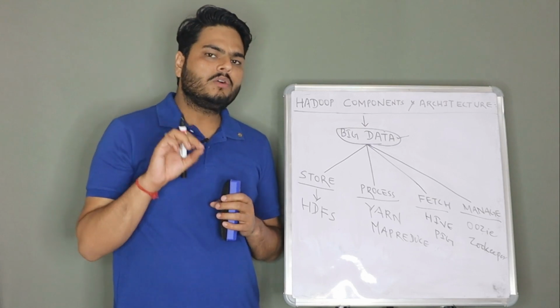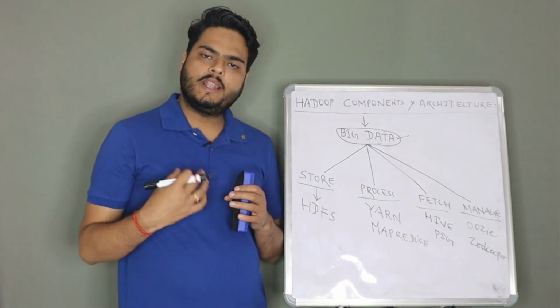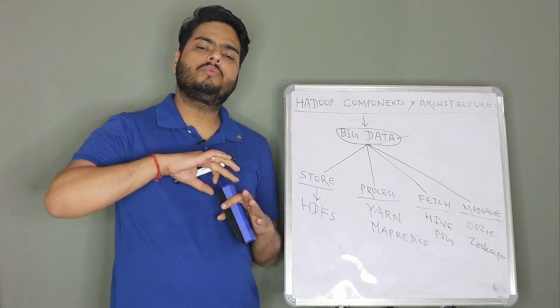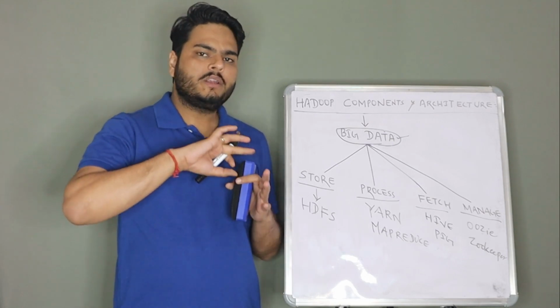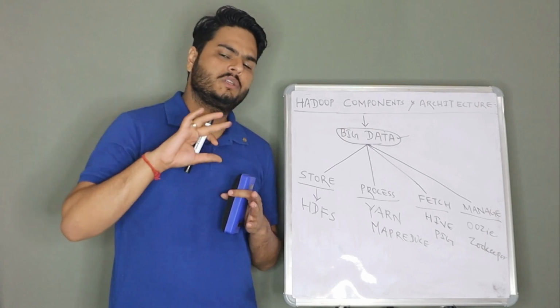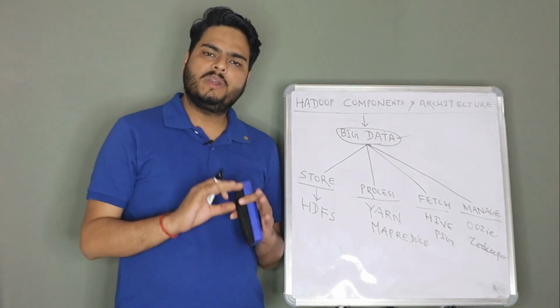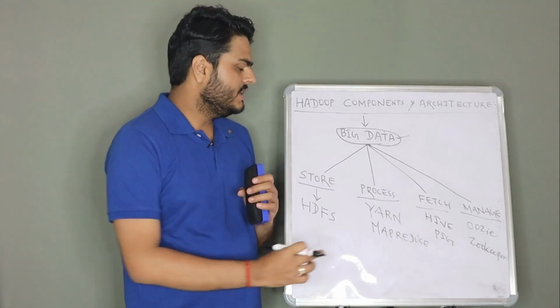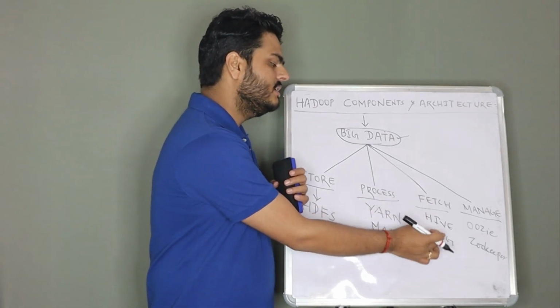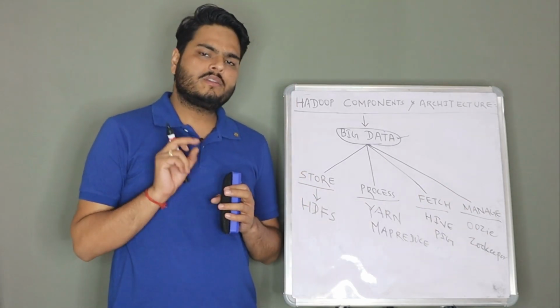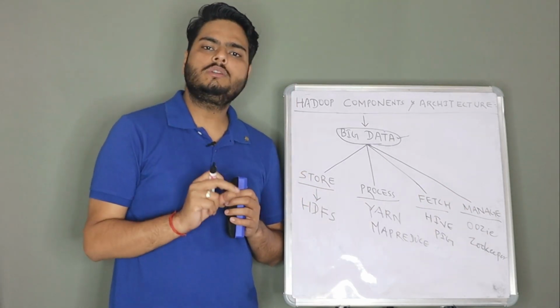Now there are many components which I can add here. For example, here I can add HBase. HBase is another, different way of storing data in Hadoop. Let's not go into much detail or more complex stuff. First, let us get a good understanding of the basic Hadoop components. Here I can write Spark, here I can write other tools, here also many things can come. But let us understand the must-know things one by one.